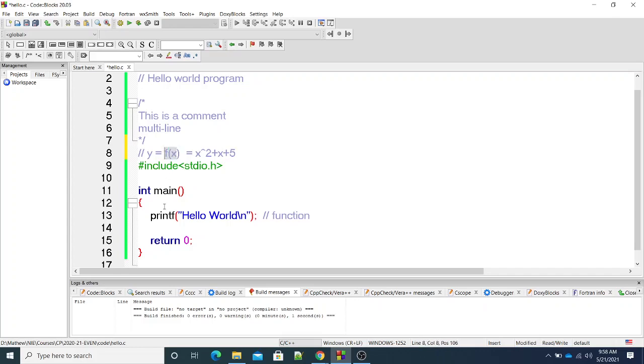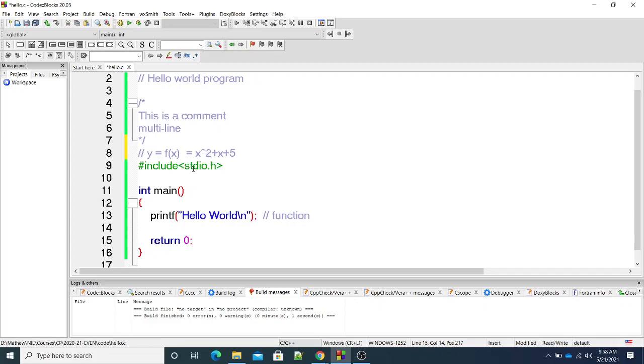So printf hello world is something like calling a function. You write f, and hello world is like passing something into the function. Here it is a variable, here it is a string. So this function call is similar to something like this. Now what is the definition of the function f of x or y equal to f of x, it is this. Similarly, printf is going to have a definition that is written by somebody else. We don't know it, but we just want to use that and complete our objective. Our objective is to display this message onto the screen.